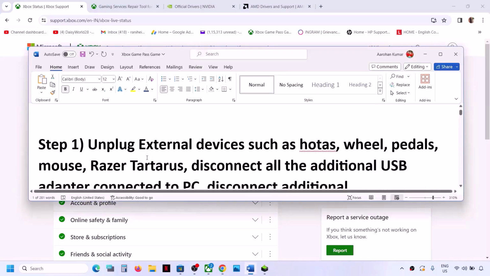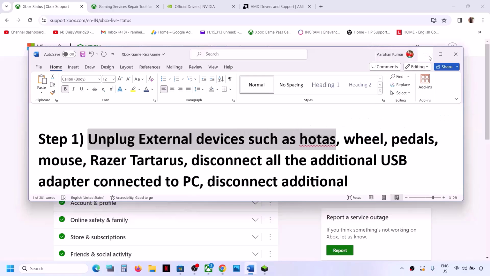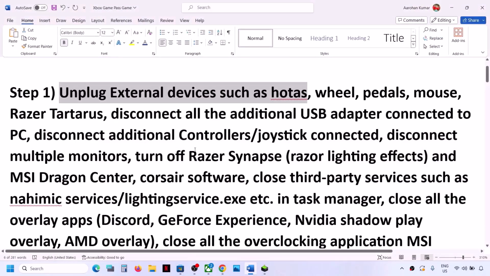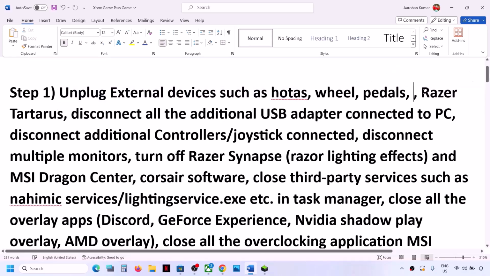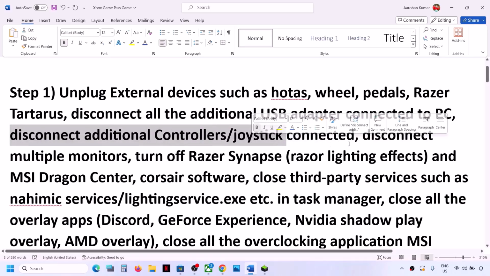Now the next step is to unplug external devices. If you have any external devices which you're not using, disconnect all the external devices like HOTAS, wheel, pedal. If you have anything connected, disconnect it. You can just remove the mouse from here, and you can always connect your mouse once again. Now if you have any additional USB adapter connected to the computer, sometimes you have a dongle connected, you can disconnect it. Also if you have any additional controller connected to the computer, sometimes we have 2-3 controllers connected, disconnect the additional controllers and then